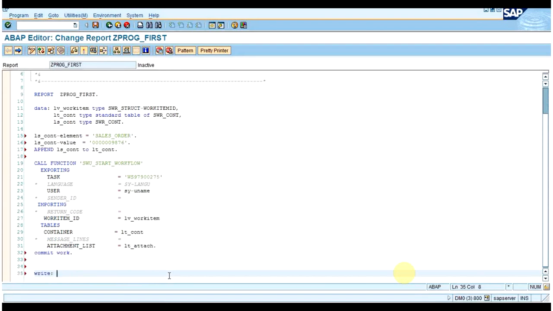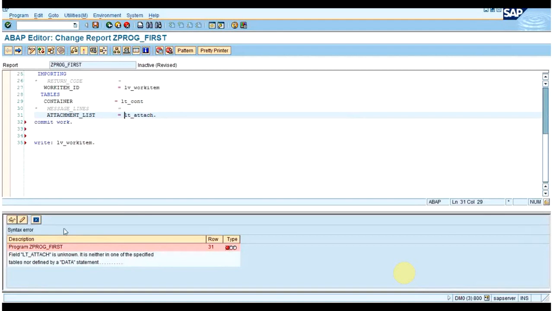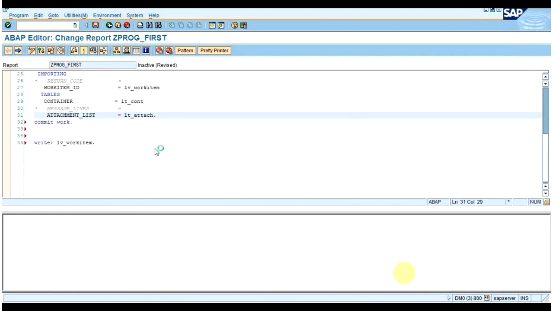Suppose in client 220 you have the workflow number WS979000275, and in 230 you have configured WS989. So here it is 275. When this workflow number gets transported to client 230, it won't overwrite anything, right?